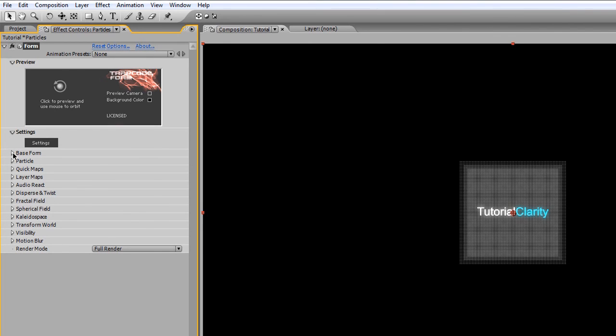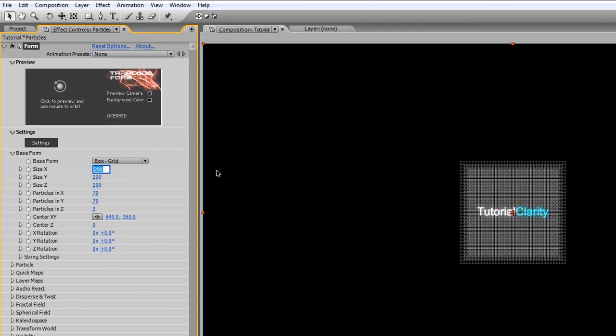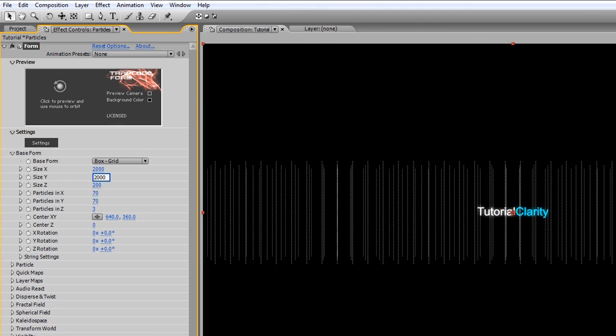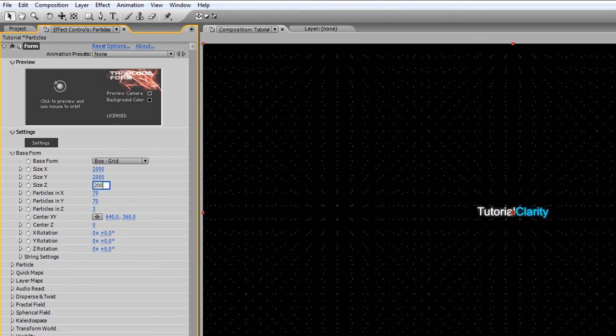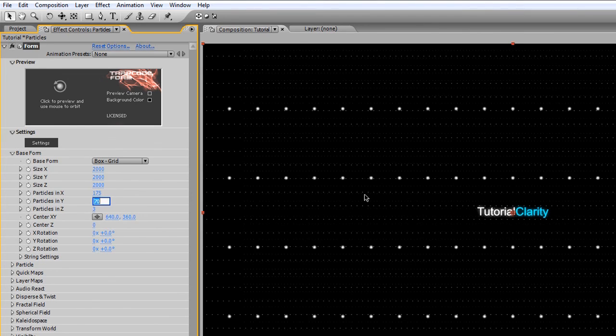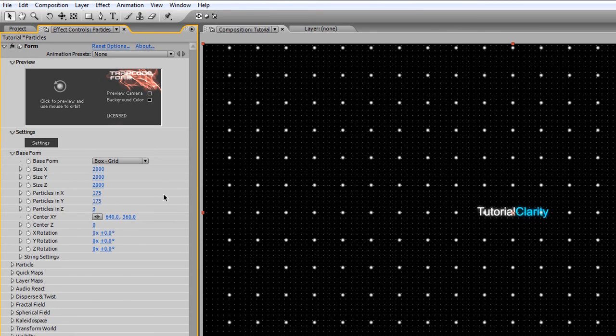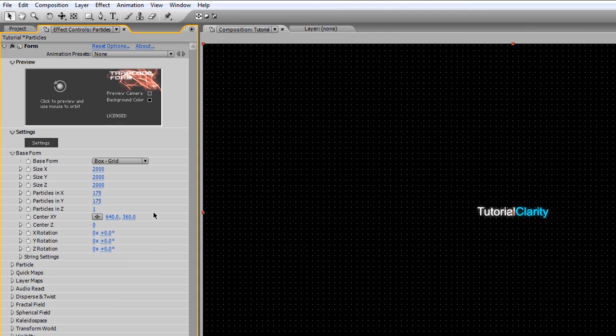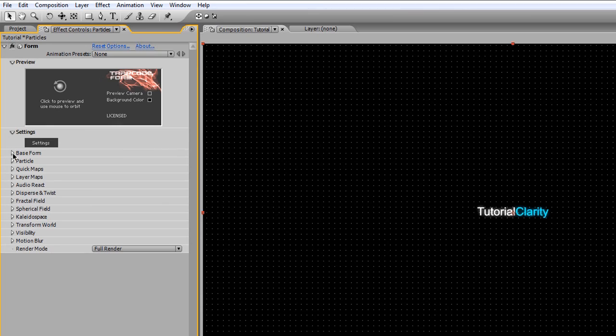First thing we're going to be modifying is the base form, and we're going to set the size X to 2000, size Y to 2000, size Z to 2000, and our particles in the X-axis, we're going to have 175, and we're going to make them equal. We want them to be equivalent. Along the Y-axis is 2. And since by default this plugin creates 3 different planes of particles, we're only going to have 1 in this tutorial. So we're going to set the particles in Z to 1. And believe it or not, we are done with that one. And we're going to move on now to the particle